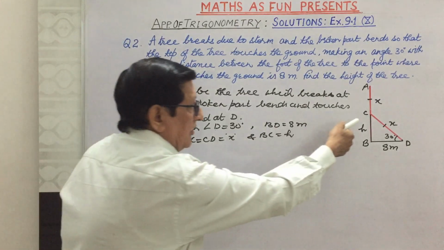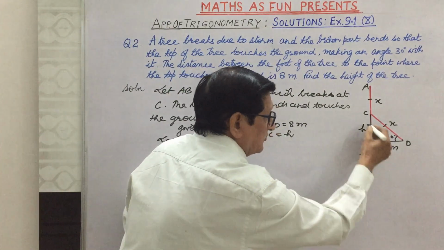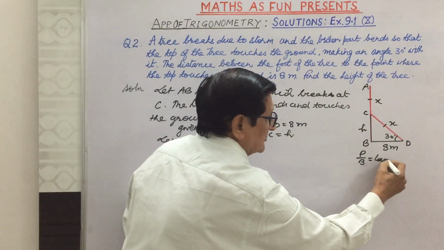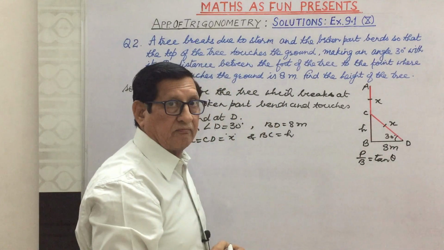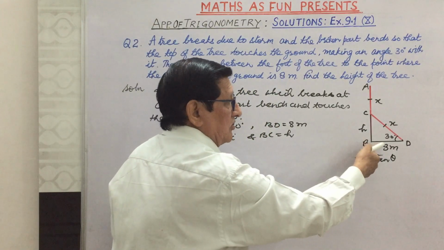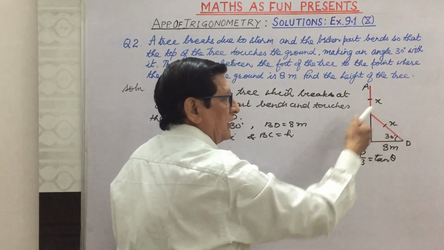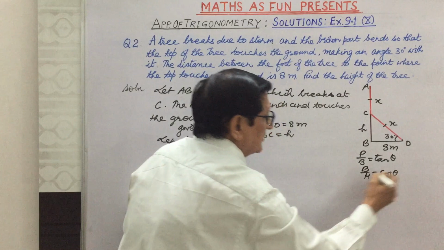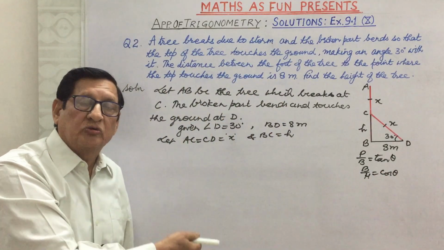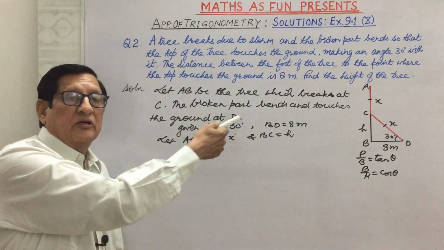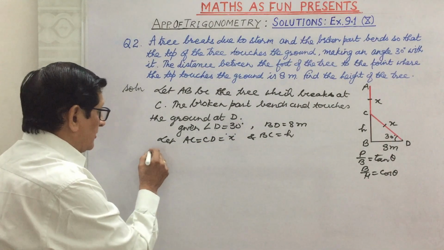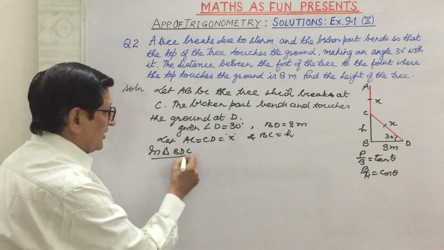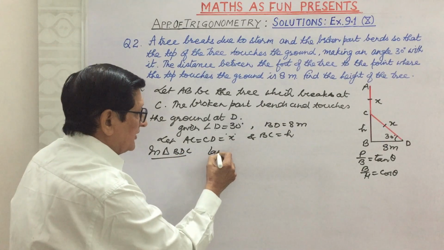So in the triangle, first we use perpendicular and base. We know perpendicular upon base is tan theta. And then we can make use of base and hypotenuse. We know that base upon hypotenuse is cos theta. So we will be using tan theta and cos theta in the triangle to find out the parts. So we write here, in triangle BDC, tan theta